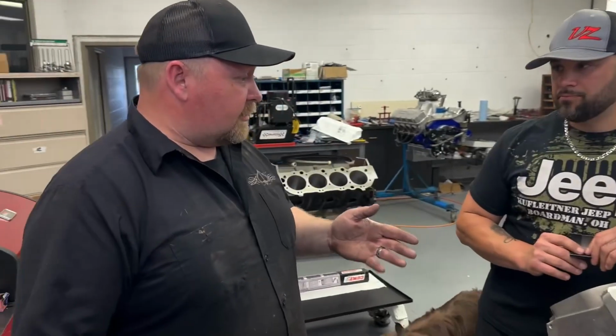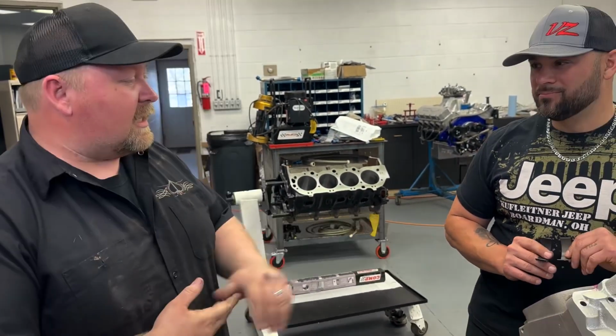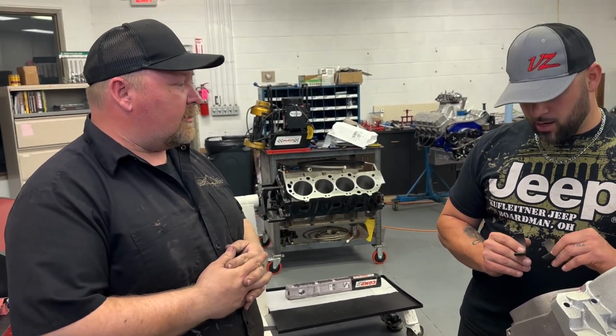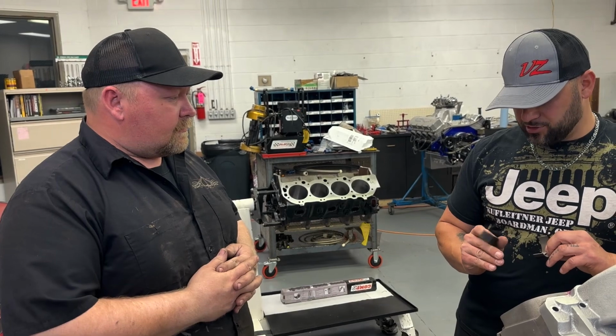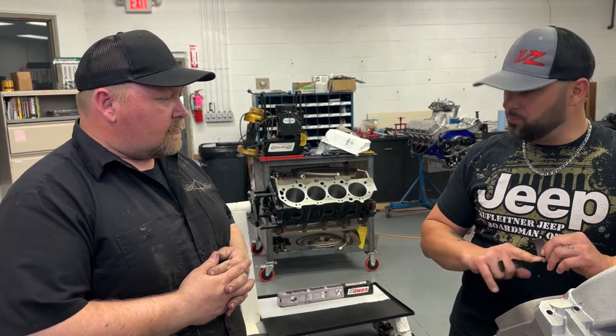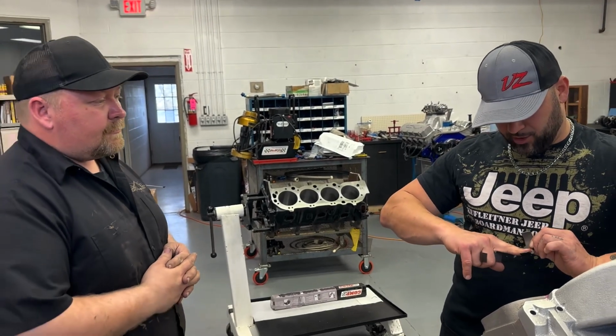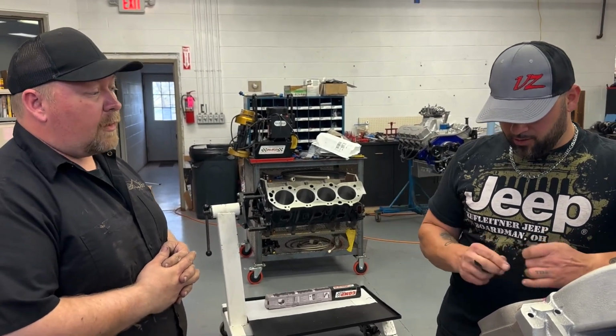Coating, just those Teflon style coatings, they give you a lot of protection before you even get into your main bearing, you know? It feels slicker than the actual bearing surface does. Like when you run your finger across it, this is like your tennis shoes screeching on the floor. Oh, absolutely. But then yeah,